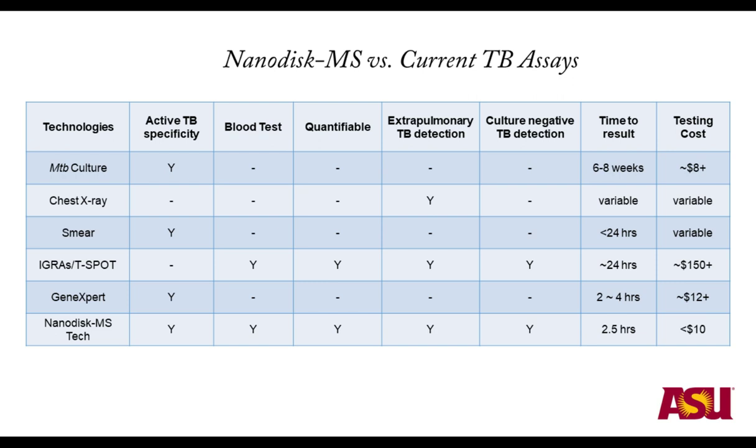First, we can help the doctor quickly identify who has active TB, and the blood test can cover the different forms of tuberculosis, and it is quantifiable, so it can be used in tracking treatment efficacy. Also, the sample-to-answer time is shortened to 2.5 hours, and the cost per test is